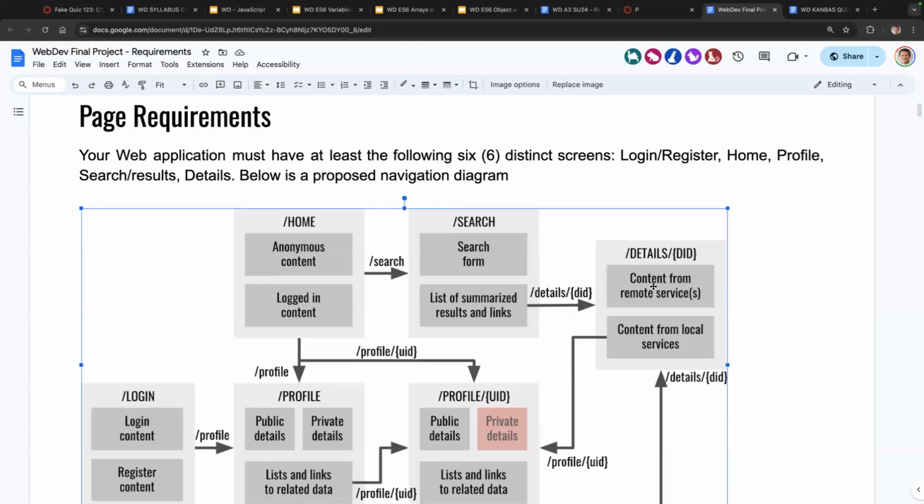Now, if I'm not logged in and I'm anonymous, I should still see the content from the third-party API, but I should not be able to interact with it. I shouldn't be able to like or create a post or review, right? Leave 5 stars. I can't do that because I'm not logged in. Now, whether I'm logged in or not, irrespective, I should be able to see down below